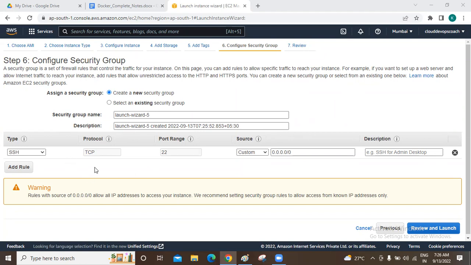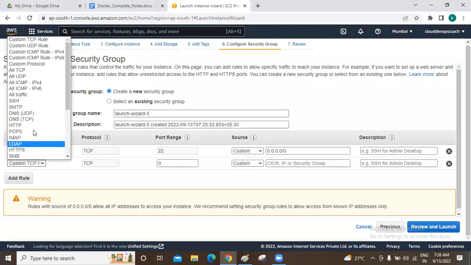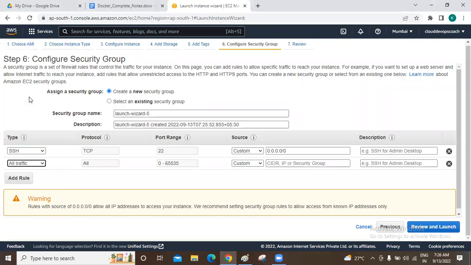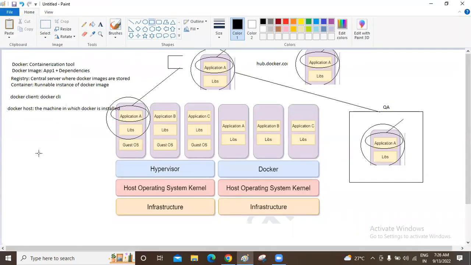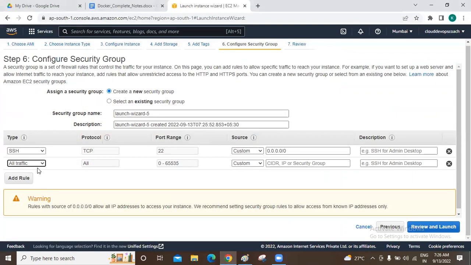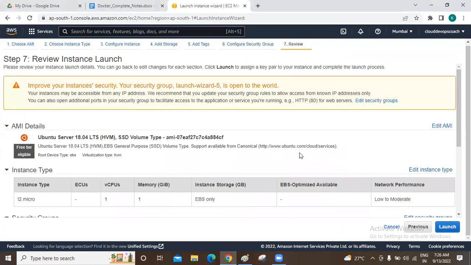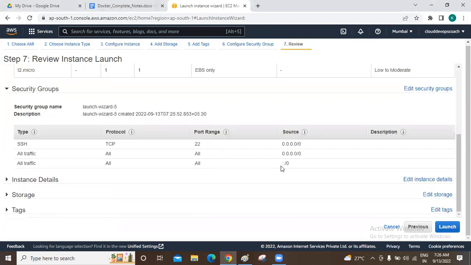In the security group, we have to allow the ports for incoming traffic. So as of now, let's allow all traffic to our instance. This is our EC2 instance. Which port do you want to open? Let's assume that we open all the traffic. Choose Anywhere, so the traffic can be from any IP address. Then Review and Launch. You just have to review your settings. If it is fine, then click on Launch.